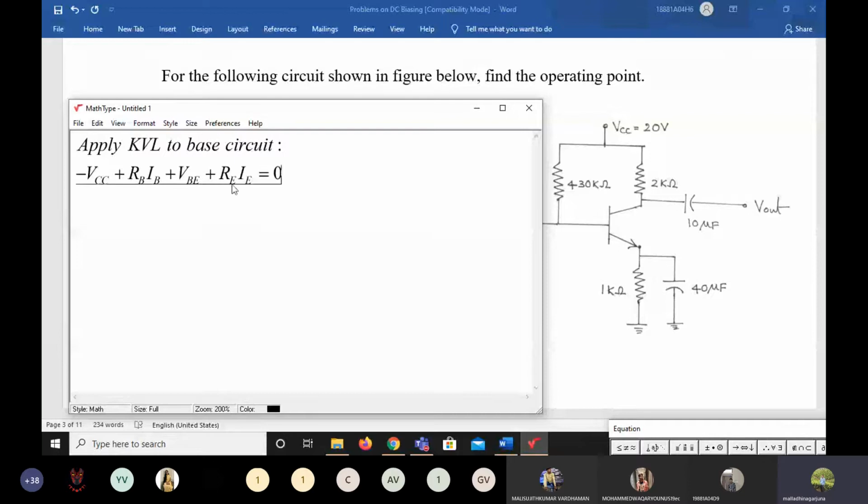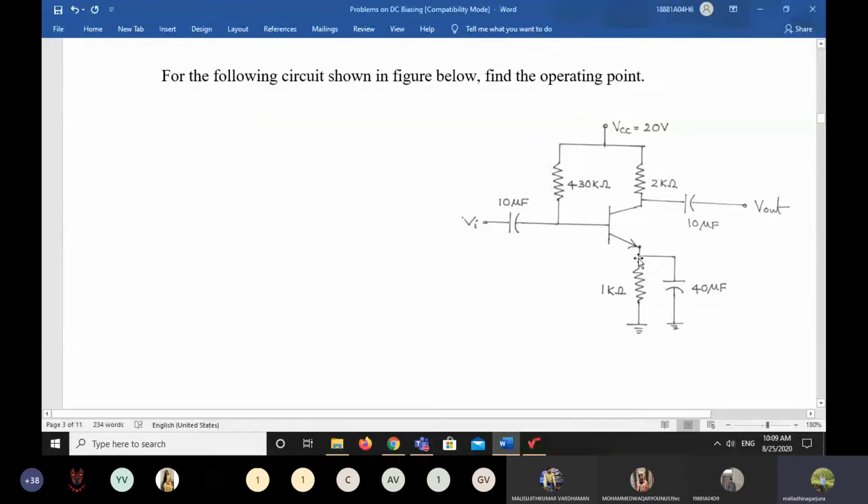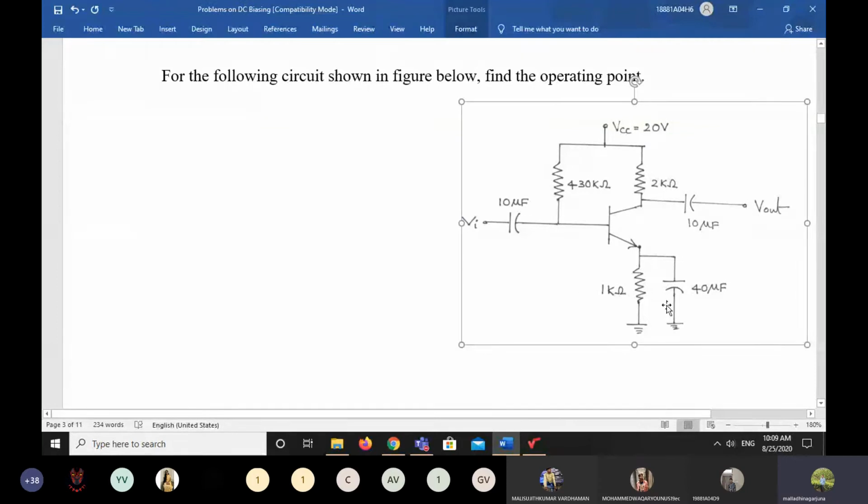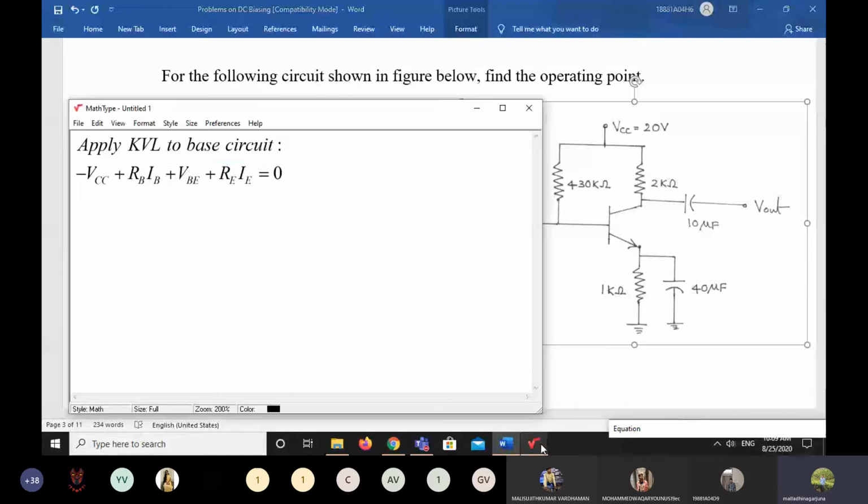In this question, this is the extra component. If you see the circuit diagram, from base to emitter we have the VBE voltage. Then if it is connected to the ground, we make it equal to 0. But in the connection between the ground and VBE, we have one more element, that is the RE resistor, so RE into IE, the emitter current, is equal to 0.